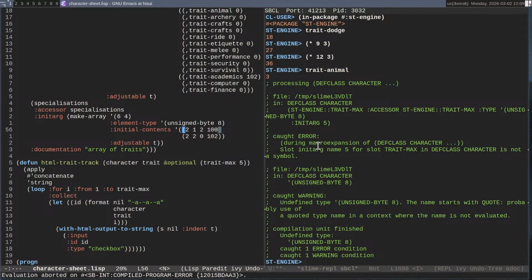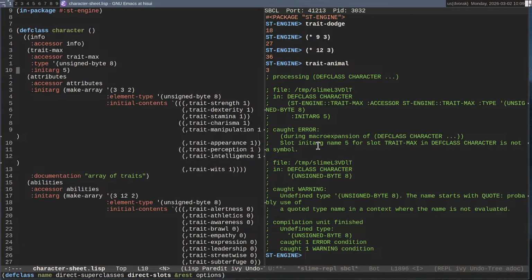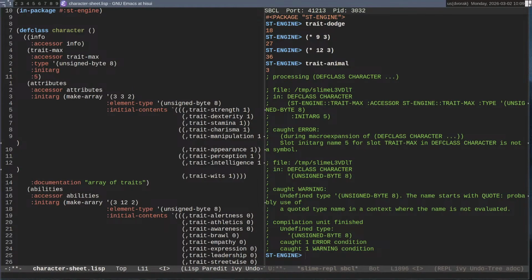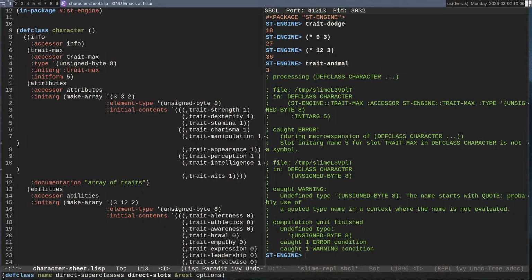So let's abort here. Jump up to the top. Init form. And init arg is trait max. So I can set the trait max in the constructor. Now, I actually don't think I want initial.